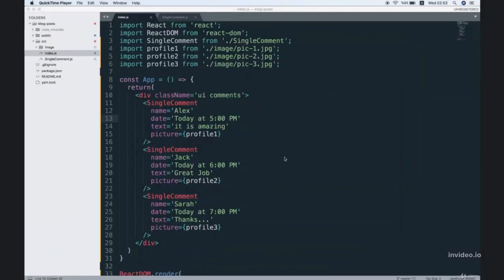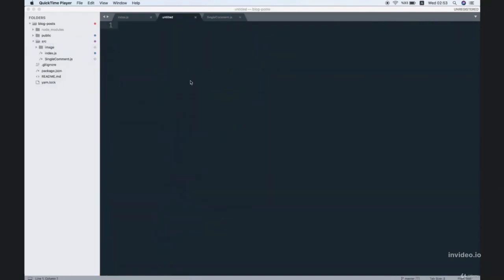We're going to create a new component. So let's first create a new file inside of our project directory to house this new component. And then after that, we'll start thinking about how we're going to put this together. All right, so I'm going to create a new file inside of my src directory, and I'm going to call